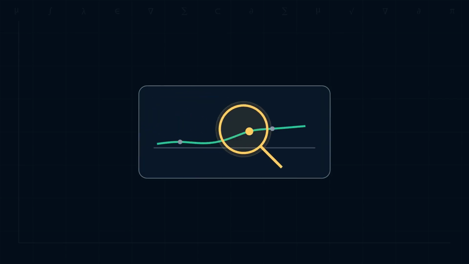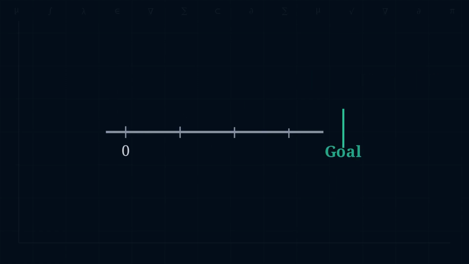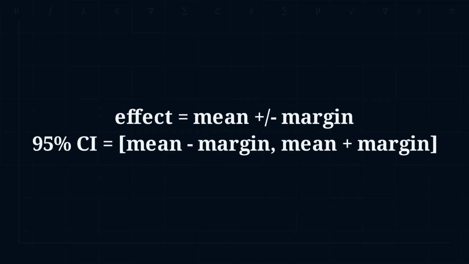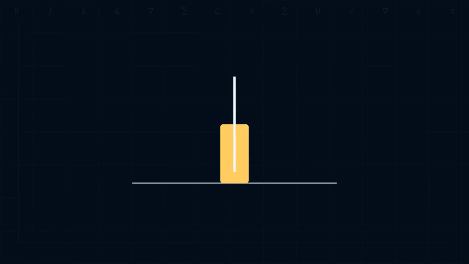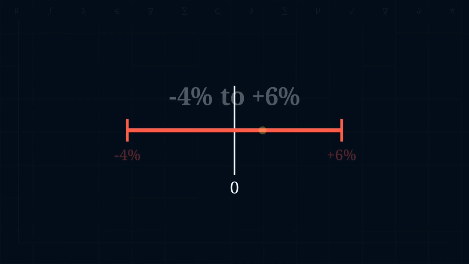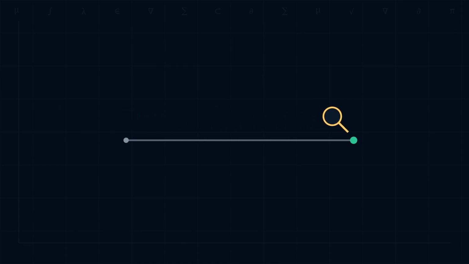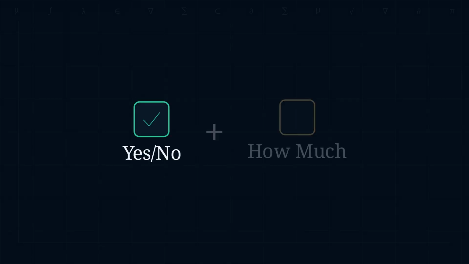Do not confuse statistical detection with practical importance. A test can say the result is inconsistent with pure noise, while the size of the change is too small to matter for your goals. That is why hypothesis tests pair well with intervals that state a plausible range for the effect. If that range is narrow and well away from no effect, you can plan confidently. If that range is wide and crosses no effect, you learn that your data do not pin down the magnitude, and the right response is to gather more information or to accept that the effect, if real, is too small to worry about. Decisions need both the yes or no from the test and the how much from estimation.